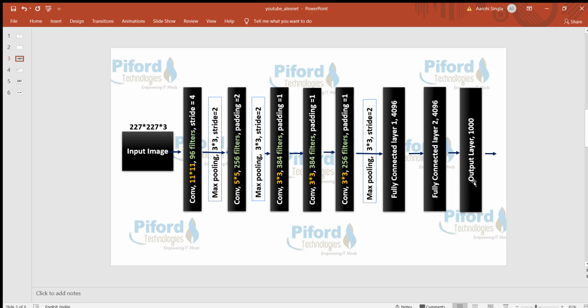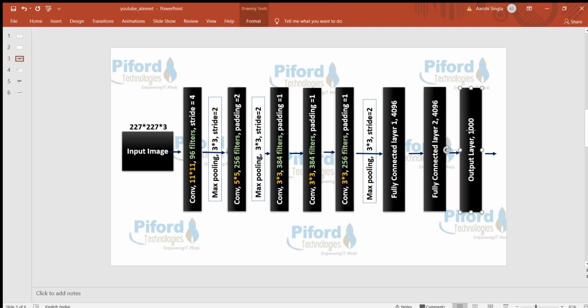The last layer is using the softmax activation function for output calculation, which produces a distribution over 1000 class labels. 4096 means 4096 neurons in this fully connected layer, and in the second fully connected layer we also have 4096 neurons, and in the last layer we have 1000 neurons. It depends upon the data set. Let's suppose you are doing an image classification or detection task and you have 10 different labels. So how many neurons are we going to have in the final layer? 10 neurons, right? It always depends upon the number of different labels of your data set.